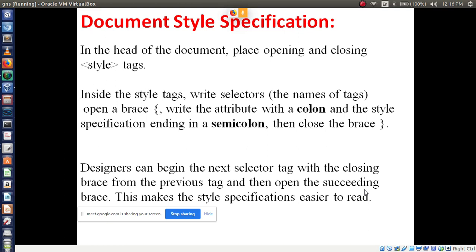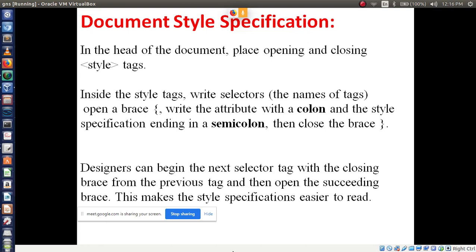Clearly I am telling, in previous examples we discussed inline style sheet. Today we are going to discuss document style sheet. Then to display document style sheet, we have to use what? Style specification format.